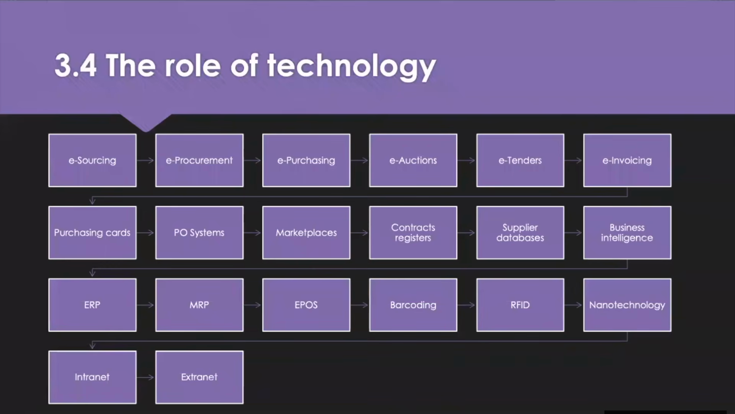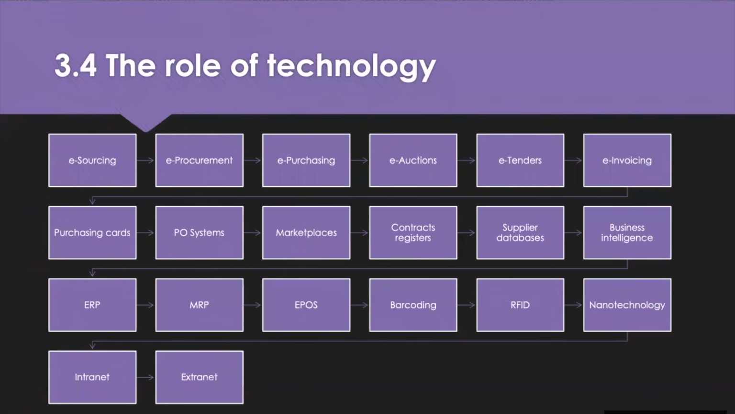Now, clearly there's a massive role for technology. When you're implementing any strategy, technology is going to be helpful to enable the procurement and supply employees in a firm to carry out their everyday duties. Here are lots of different types of technology that we use, such as e-sourcing, procurement, purchasing, auctions, tenders, invoicing, all of this being done using technology,